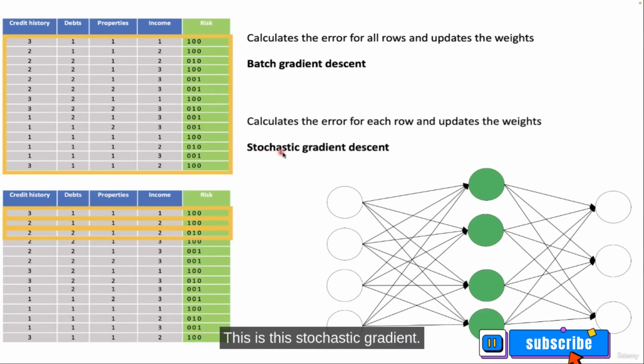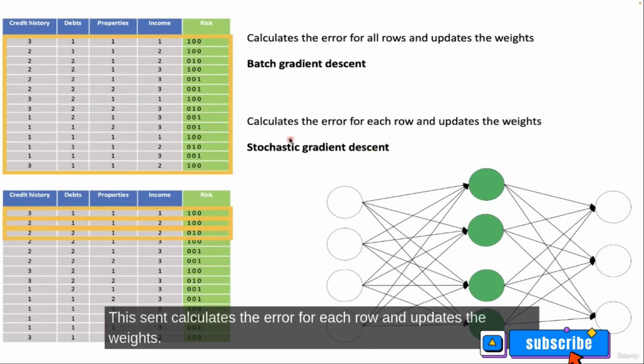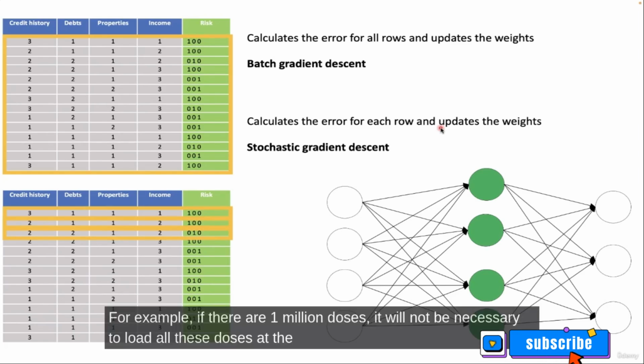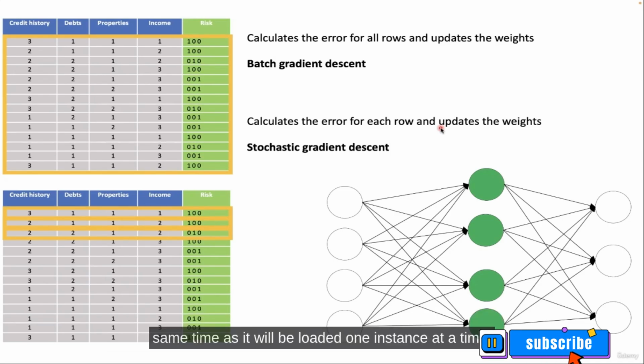Select another row, calculate the error and update the weights. This is the stochastic gradient descent. Calculates the error for each row and updates the weights. It is faster because it is not needed to load all the data into memory. For example, if there are 1 million instances, it will not be necessary to load all instances at the same time, as it will be loaded one instance at a time.